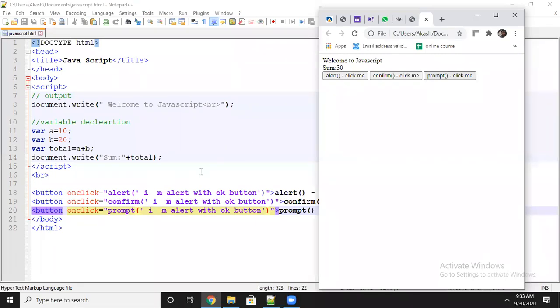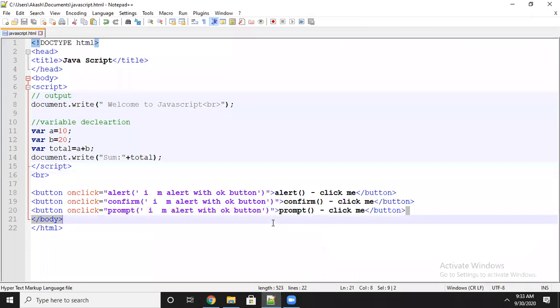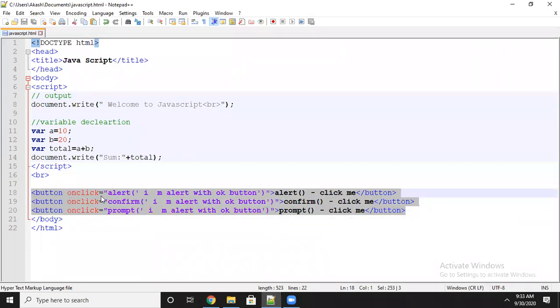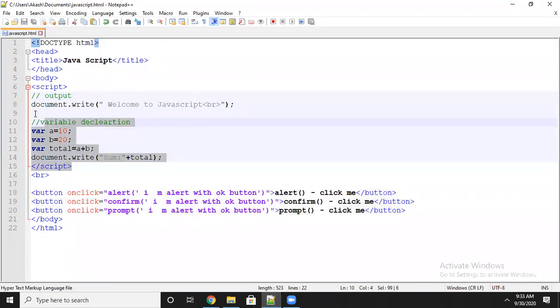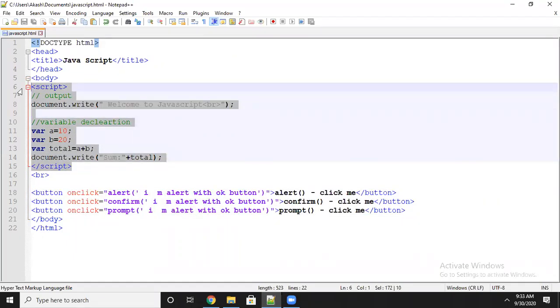Now I can say these are examples of inline JavaScript because I used the JavaScript code within a tag, and this is an example of internal JavaScript because I have used it under the script tag. Next, I will give one example of external JavaScript. External JavaScript means we have to create a function in another page and connect it here. For the form purpose, I will use external JavaScript. I will design one small form, and I will also tell you how to do the validation.